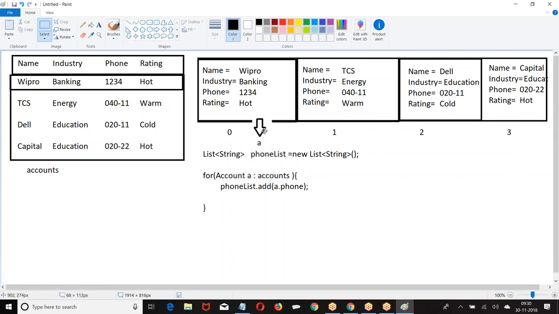This is the a. a dot phone number 1234, add a dot phone number to the phone list. Done. a dot phone number 04011, add it to the phone list. a dot phone number, add to the phone list.